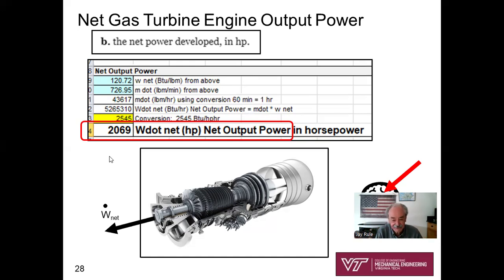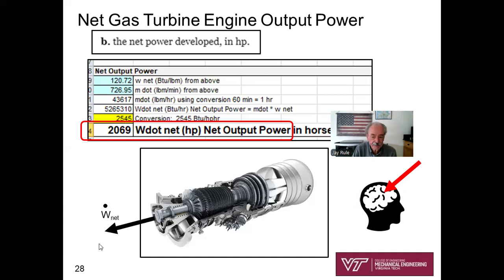So I'm going to get 60 times more mass in 1 hour than I get in a minute. I multiplied 726.95 by 60 to get 43,617 pounds per hour. So now I've got W dot net, M dot times little w net. Look at my units. I'm going to keep my units going. A huge number of BTUs per hour, 5.27 million BTUs per hour, 5.27 times 10 to the 6 BTUs per hour. Divide by 2545 to get my units straight in horsepower. And so I've got 2,069 net horsepower